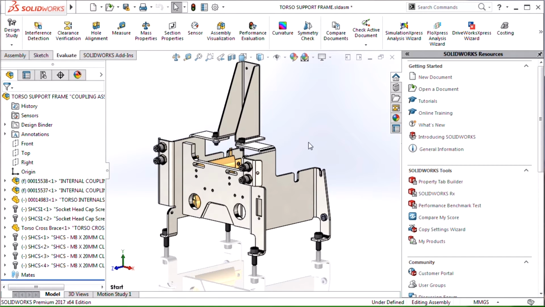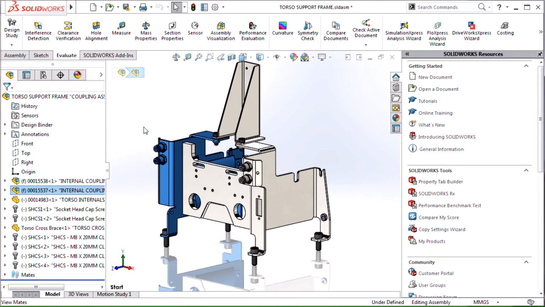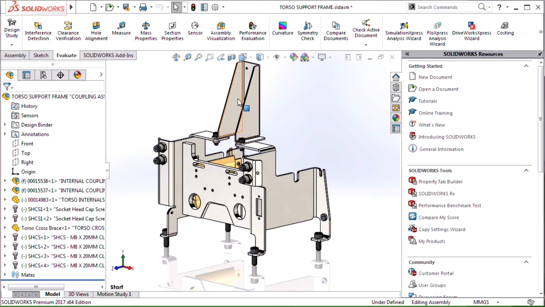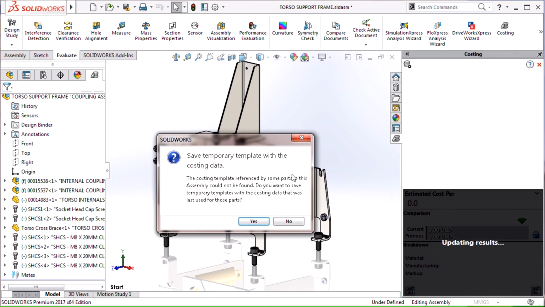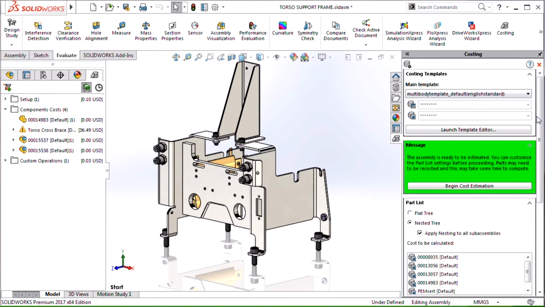I'm working on this torso support frame. You can see it's a couple of sub-assemblies and some individual parts there. To turn on costing is easy. Just go to your Evaluate tab right here and click Costing. See, it opens up here on the right hand side in the task pane, and this brings me to the